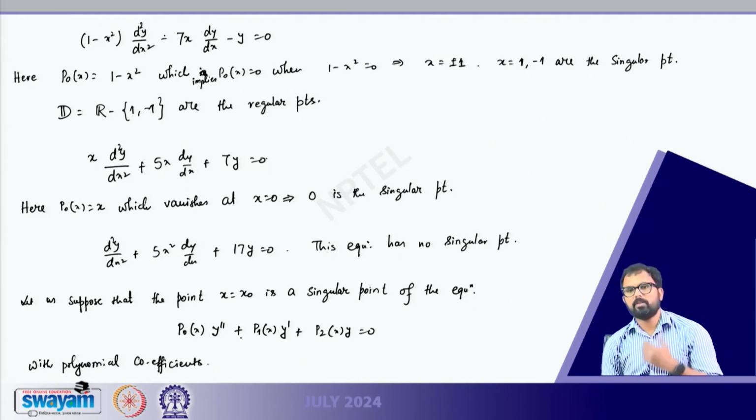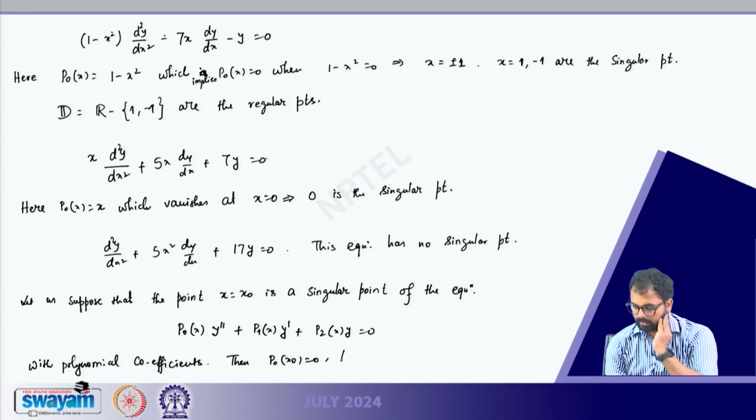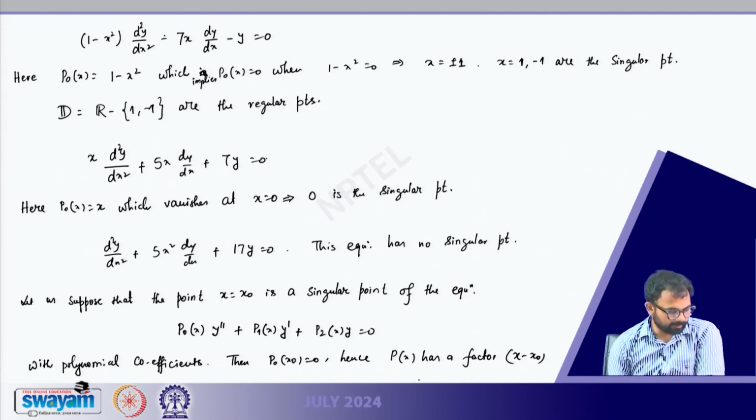So, p0, p1, p2 and so on are polynomial coefficients. Then p0(x0) equals 0, and hence p0(x) has a factor x minus x0,